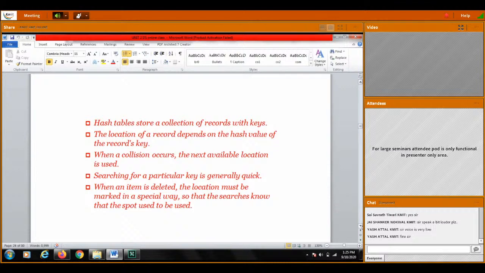So in this scenario, searching for a particular key is generally quick, and item deletion will also be quick. We'll see this program also. So now next,